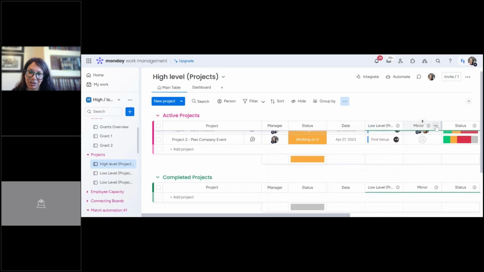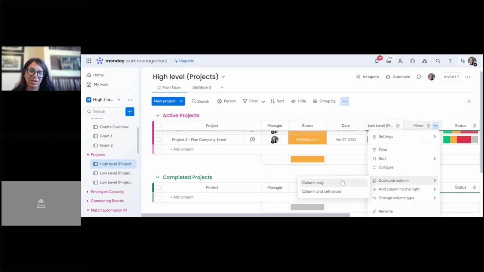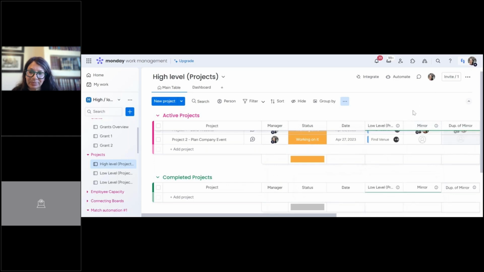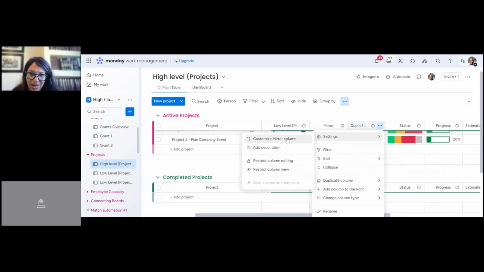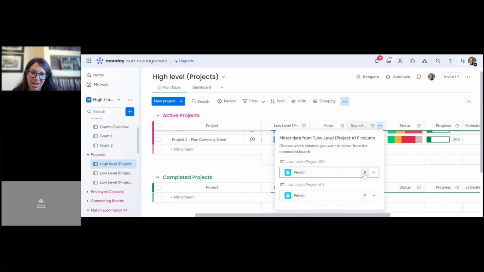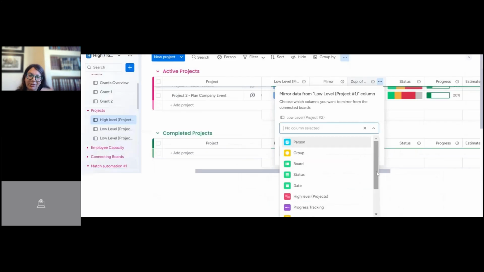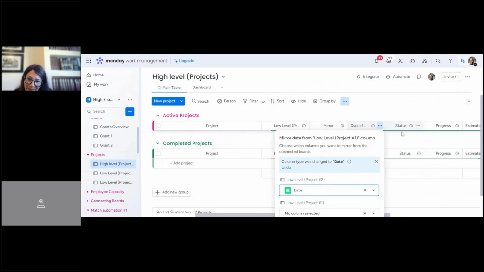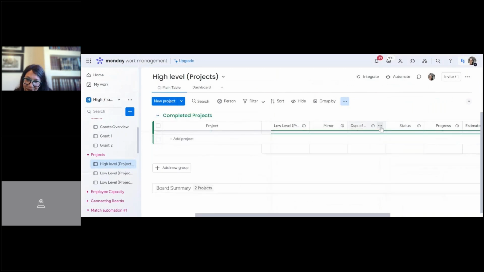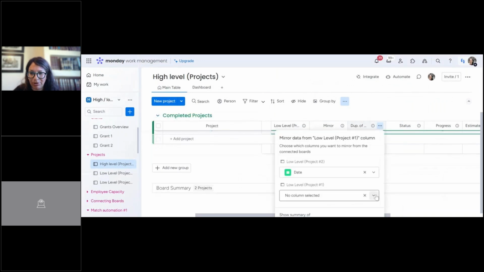I actually can just do this, these three dots, and I could just hit duplicate column, and I duplicate it. And then if I want, I can change the settings. So here I go to settings, customize, and then I can just X this out. Now this is connected to two boards here. So I need to choose what column I want to set. It's kind of nice that if I click date here, sometimes it will automatically pull it for the second